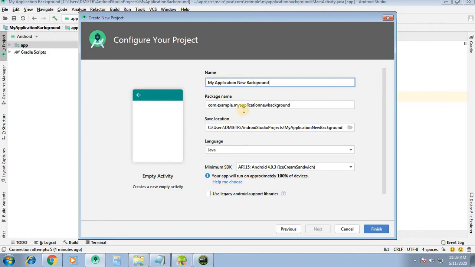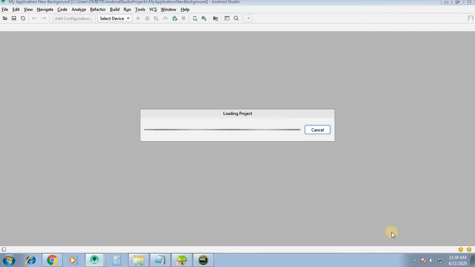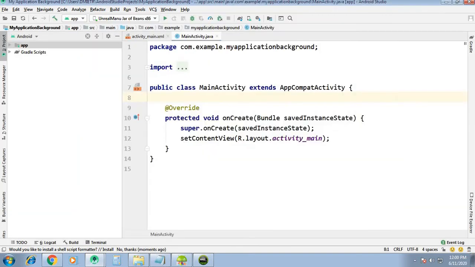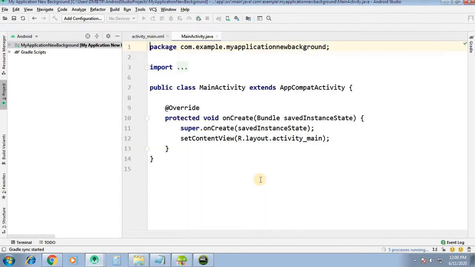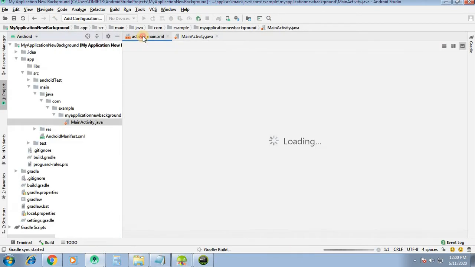Package here, language is Java, API 15 we are setting, and Finish. Our project is now loading. It will take some time.